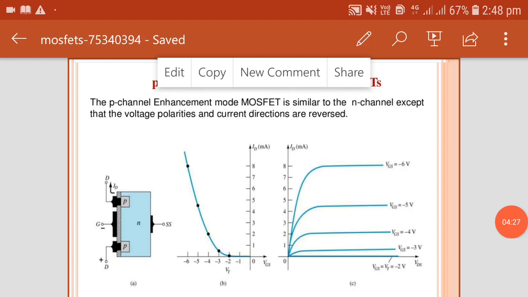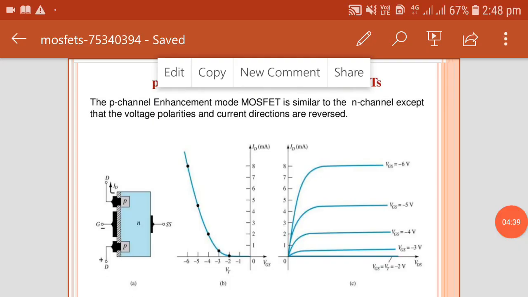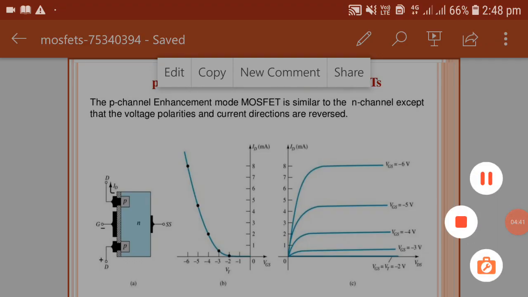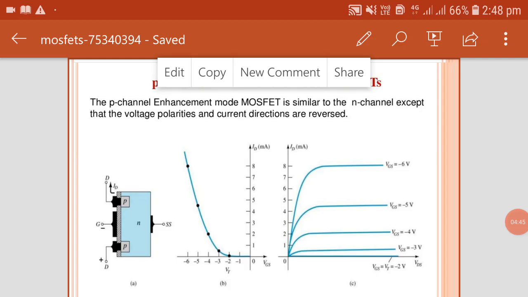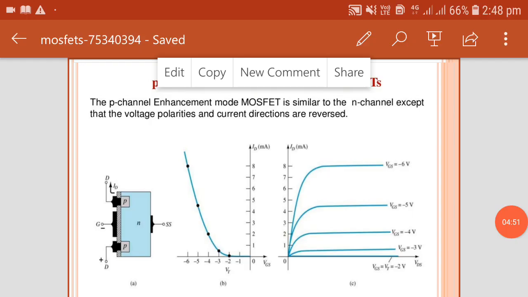In PNP material, drain, gate and source, the gate terminal has a negative voltage, the drain terminal has a positive voltage, and the gate source terminal has a negative voltage. So the ID current changes negatively.